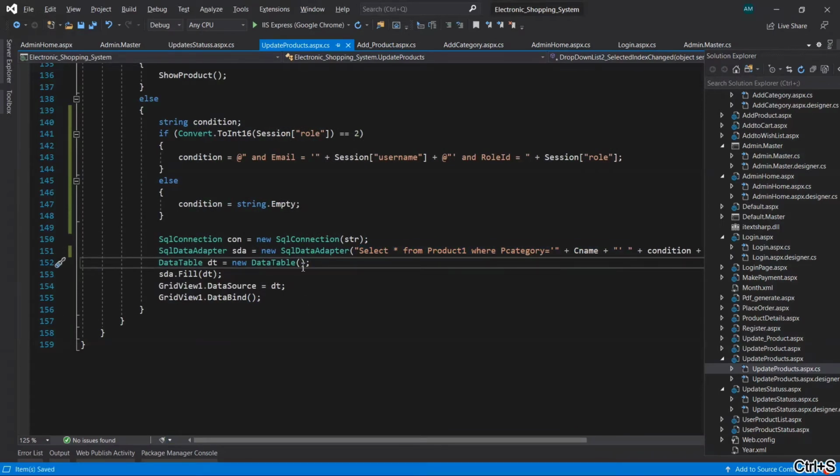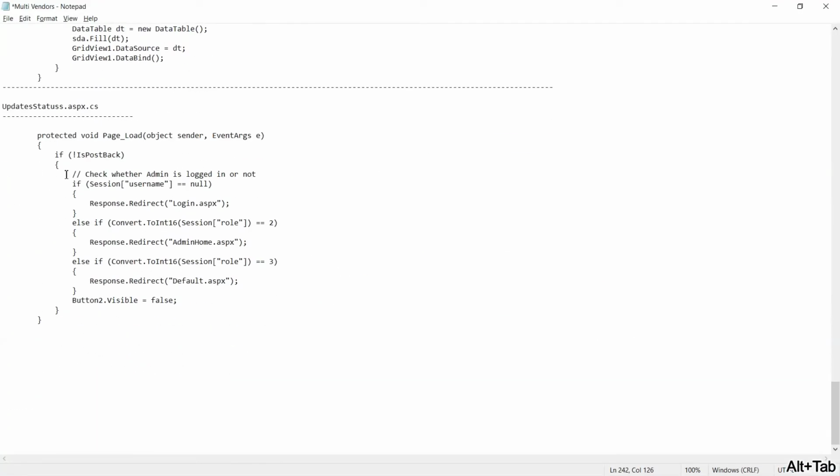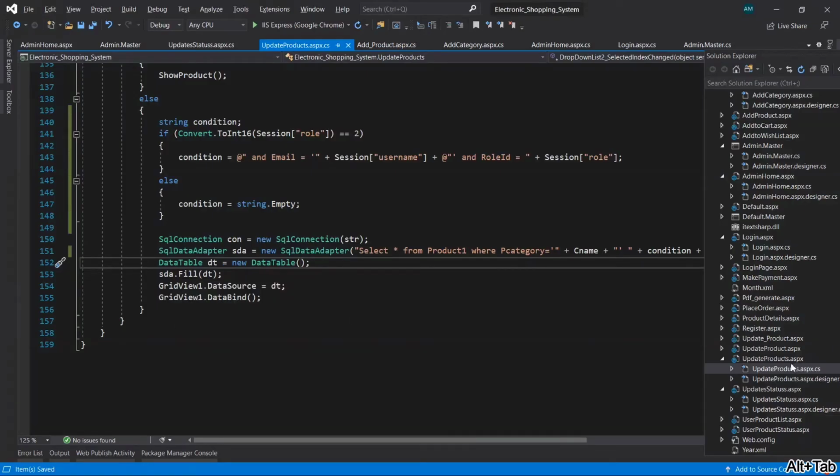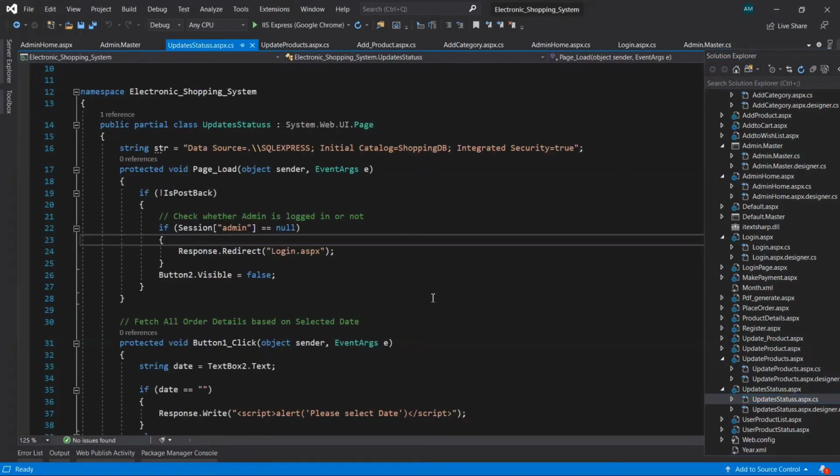So just save it. Now we have to make some changes on the update status page, the update status .aspx.cs page, okay. So here I'm pasting the changes.